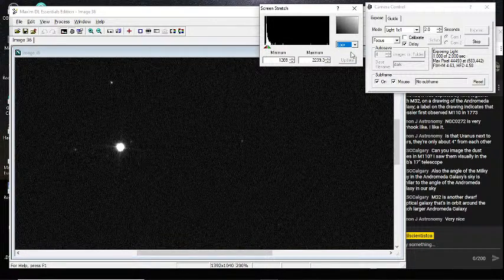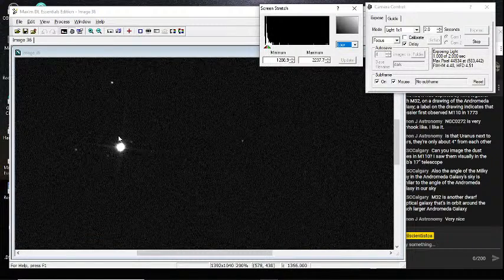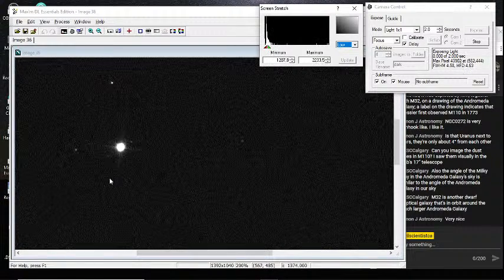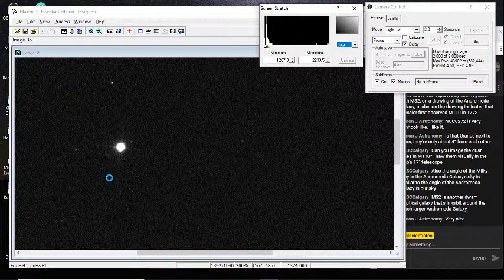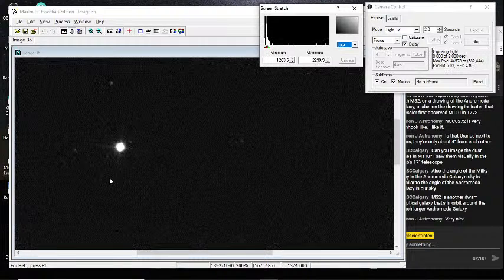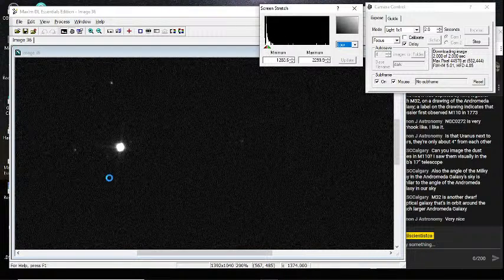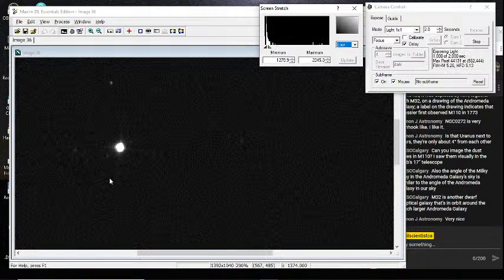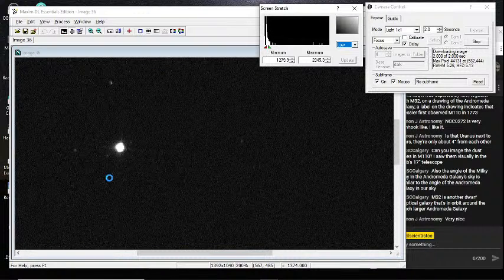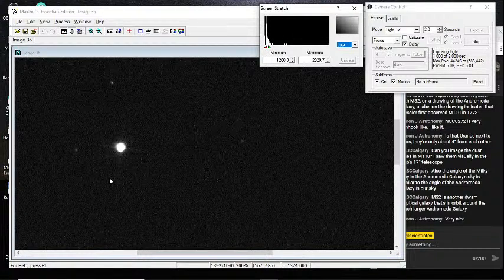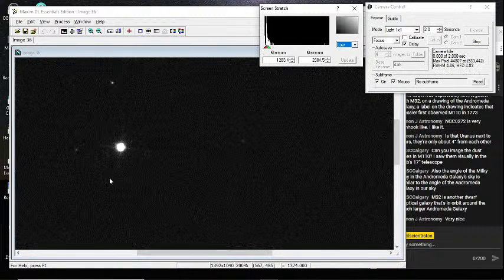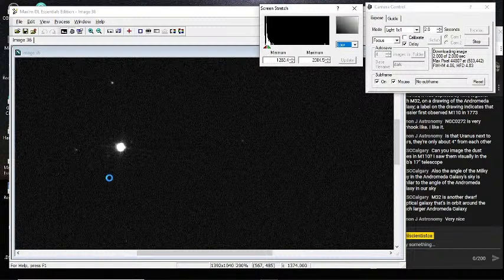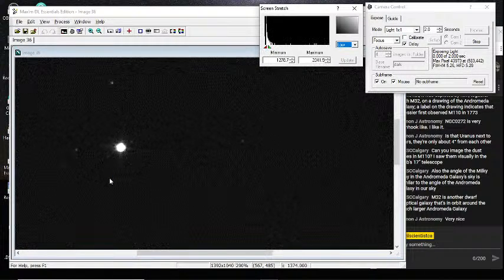The spikes you see coming off of it, by the way, here and here, are actually an imaging artifact. The telescope that the camera is attached to is a Newtonian telescope. So it was developed by Isaac Newton 400 years ago. Not this particular telescope, but the design. So there's a big mirror at the back of the telescope that collects the light.